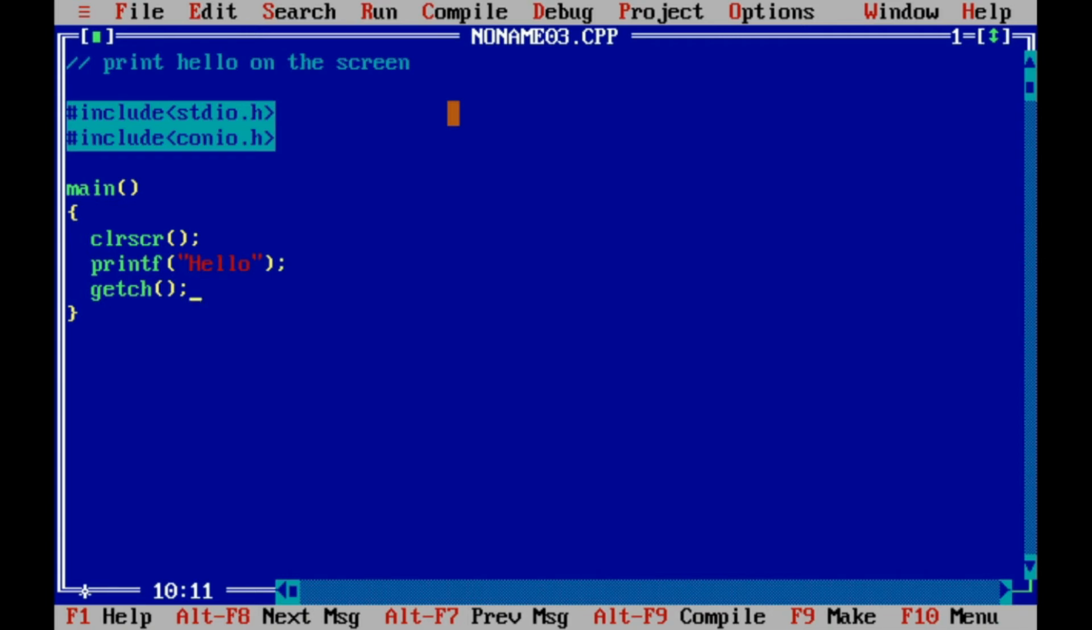Now, no need to follow 3 steps. Directly, we can use Control F9. Let us see. Control F9 and here is the output. No need to press Alt F9 for compiling because Control F9